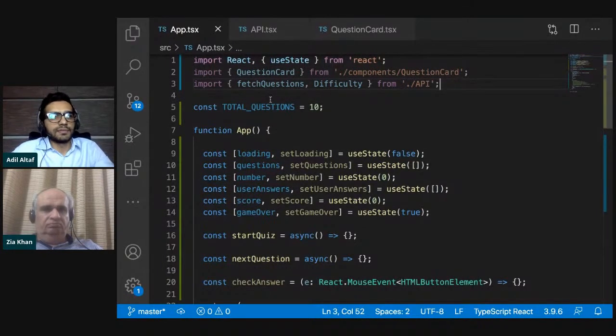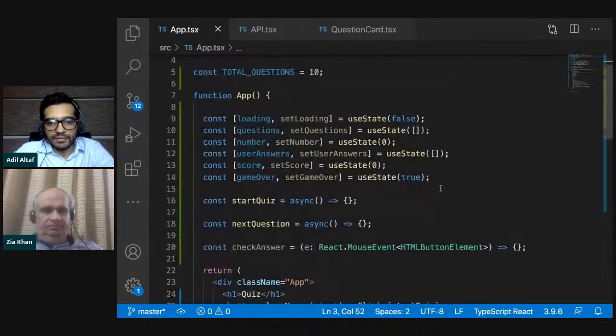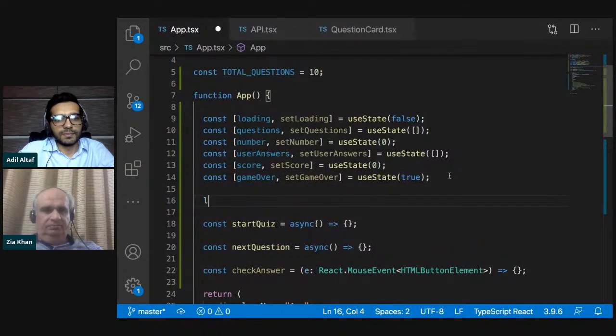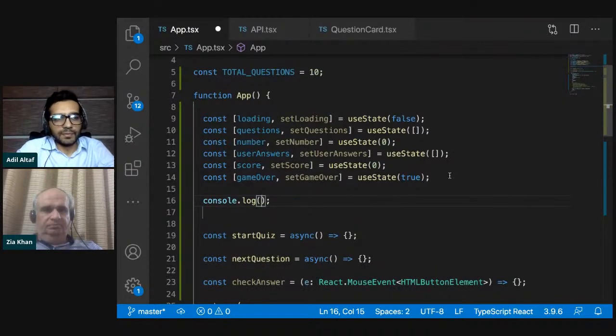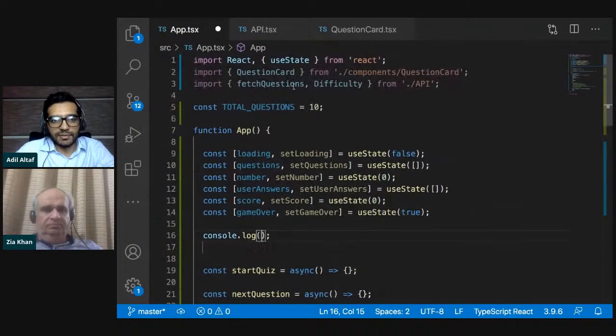So now that stuff has been imported. Now what we can do is we can log this data. We can do it anywhere really. Let's just do it here. So we can do console.log, and we want to run this function. So fetchQuestions,